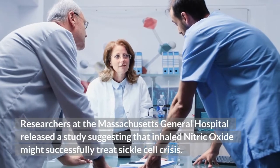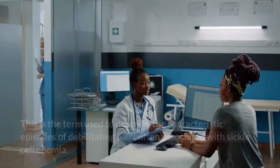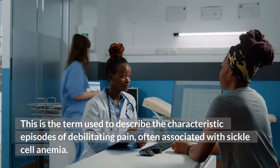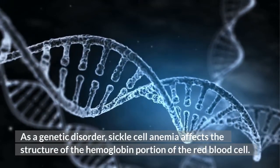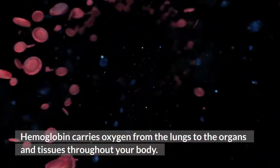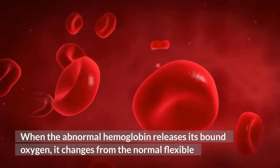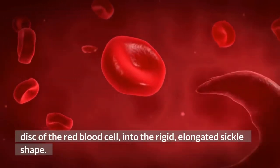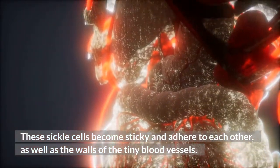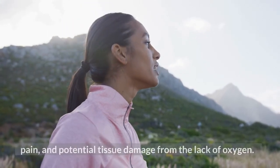Researchers at the Massachusetts General Hospital released a study suggesting that inhaled nitric oxide might successfully treat sickle cell crisis. This is the term used to describe the characteristic episodes of debilitating pain, often associated with sickle cell anemia. As a genetic disorder, sickle cell anemia affects the structure of the hemoglobin portion of the red blood cell. Hemoglobin carries oxygen from the lungs to the organs and tissues throughout your body. When the abnormal hemoglobin releases its bound oxygen, it changes from the normal flexible disc of the red blood cell into the rigid, elongated sickle shape. These sickle cells become sticky and adhere to each other, as well as the walls of the tiny blood vessels. This blocks blood flow to the tissue or organ, resulting in excruciating pain and potential tissue damage from the lack